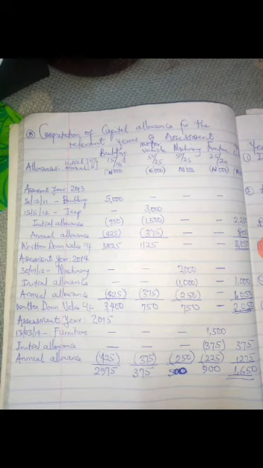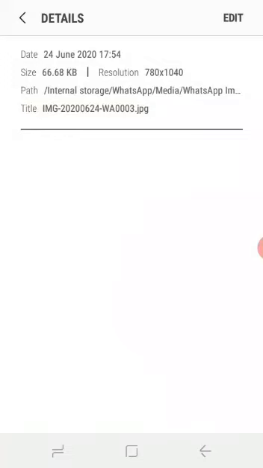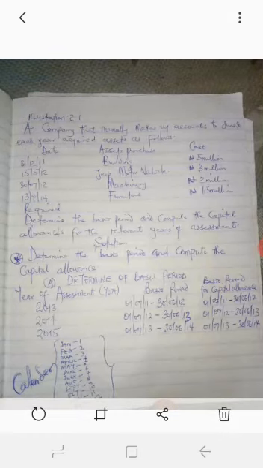But in our next class, we'll be looking at a more complex question. We're talking about overlapping basis period. So then we will now look at